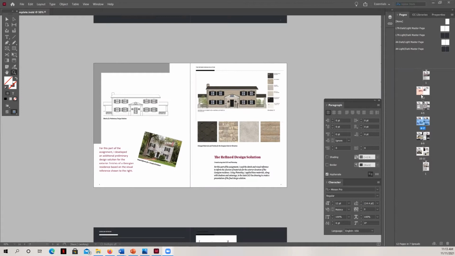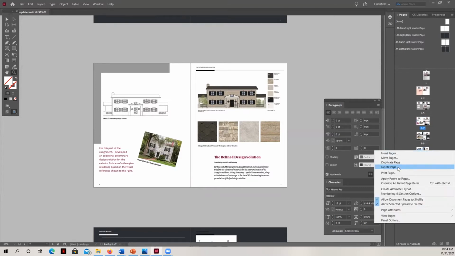Now, this template itself had, my goodness, maybe 30 or 40 different page layouts that I could have chosen from. And so because I just have a few pages in this portfolio so far, I deleted many of them. And so they were all down here between the last page that I had created and this final back page here. And so all I did was I just grabbed the page and I would right click and I would say delete page. That's it. And then they were gone.